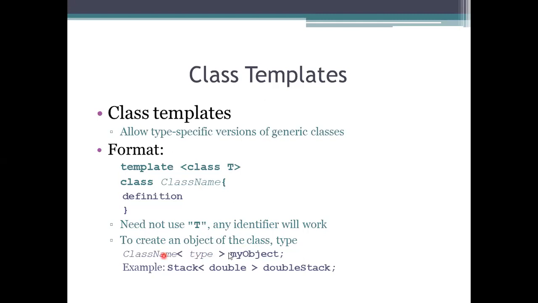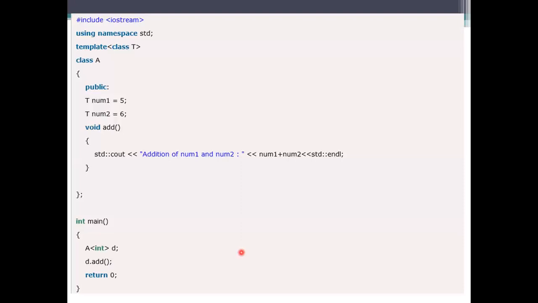The class will be accessed by the name you have given to it, and we need to access the definition performed on this class by the type, and then next the object. If you go for the example here, see here. What I have done here is create a template which is represented as T, and I am not mentioning here what the data type is.